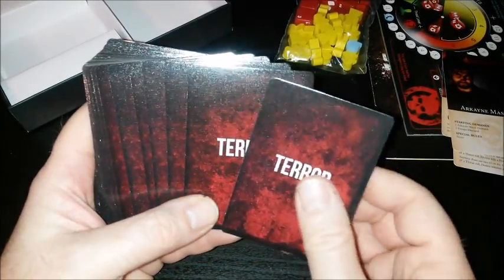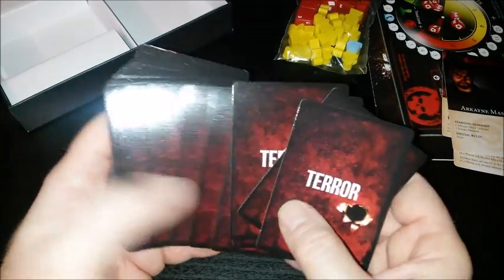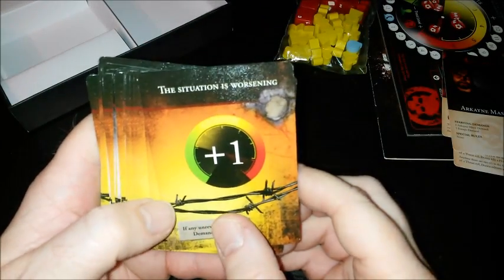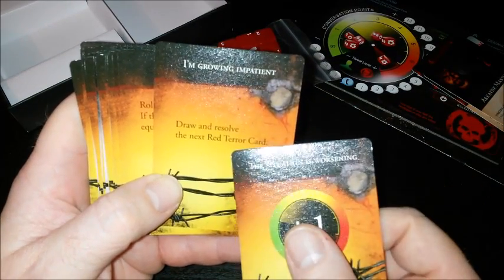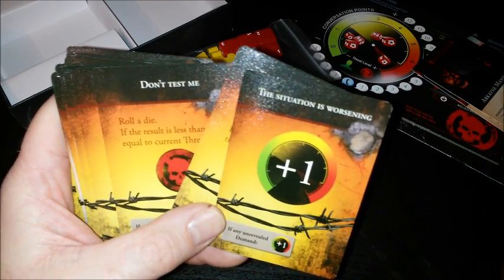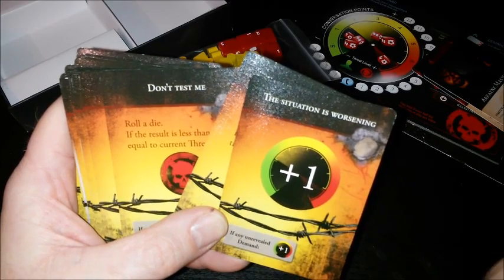At the end of each turn, something terrible will happen. You get 10 terror cards. You select 10 terror cards out of this lot, and you get things like the abductor's mood will worsen, so you go up 1 on the tracker, which is worse. You have to draw and resolve the next red terror card, and bearing in mind you've only got 10 red terror cards throughout the deck,